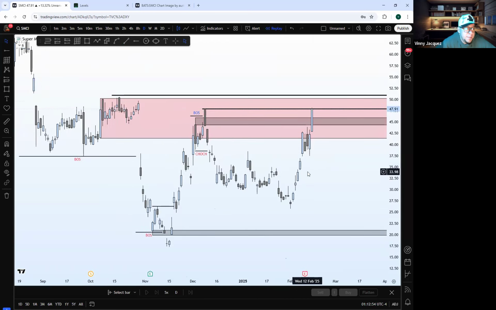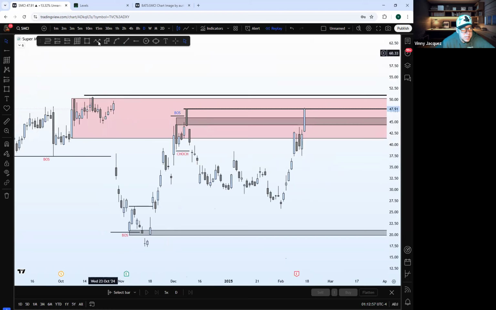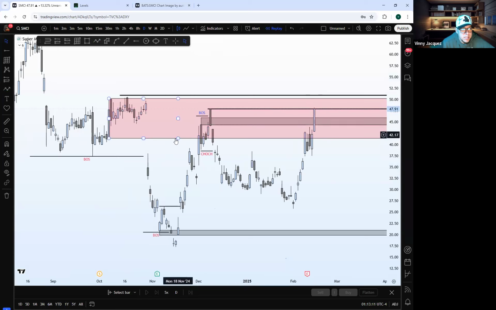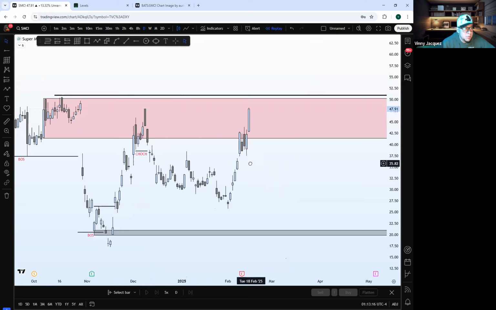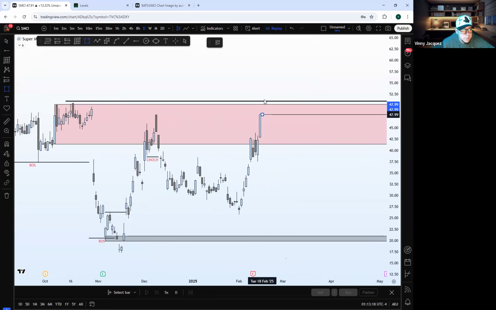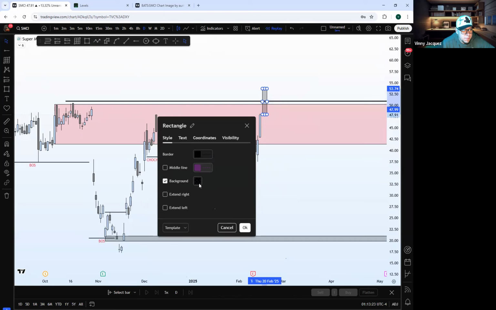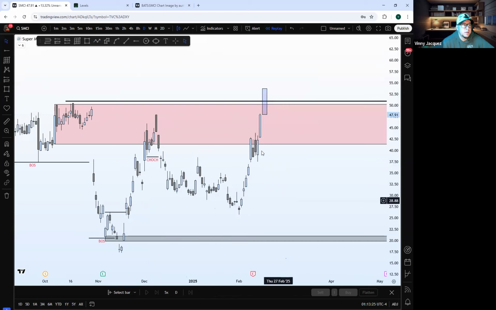Now, that's okay. It happens, right? But if the market continues up and we break and close above this monthly starting point, or this monthly setup, we're definitely looking for some more buys, and we're shifting this thing back up higher. Right? Now, the thing is, if we get that, if the market continues up, let's just delete this for visual purposes. If the market continues to push, right? Let's just make a candle real quick. Right? If the market continues to push and we get that change of character,